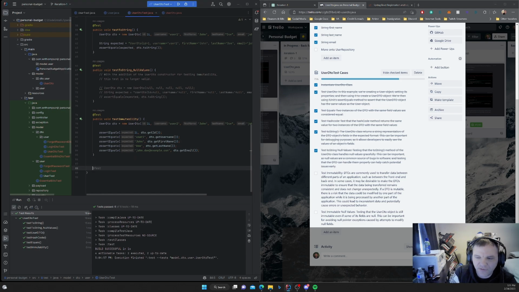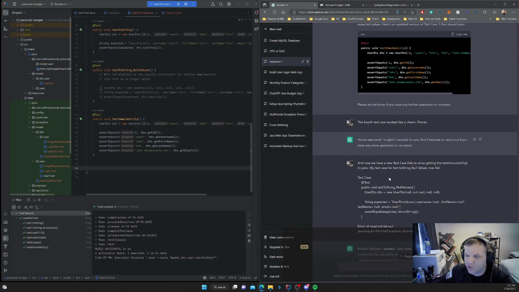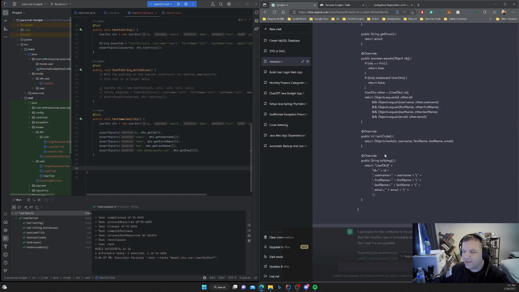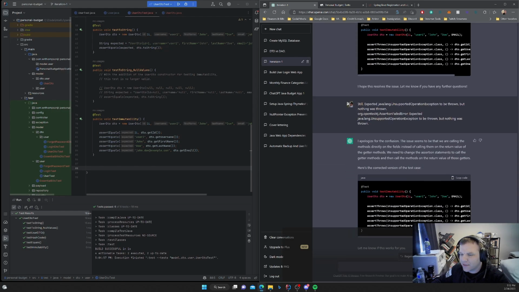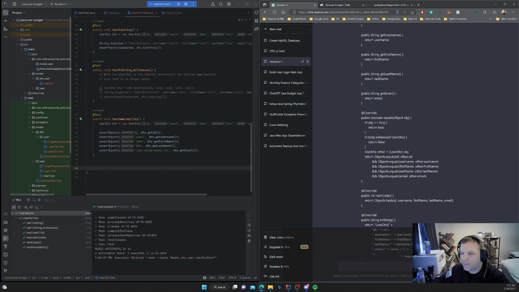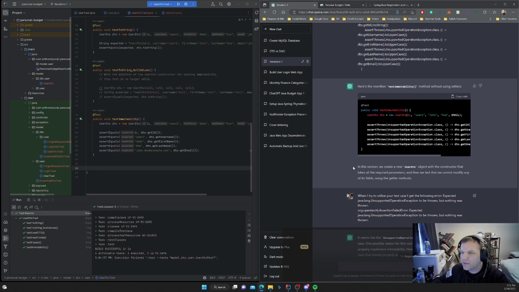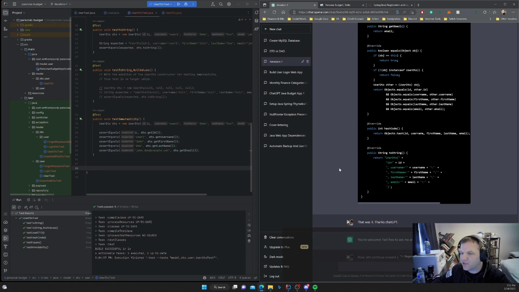So we tested for immutability. Test immutability. So that's done. Now we're going to test for test immutable null values. So let's go to ChatGPT and scroll back up here and see if we can find it. Let's see here. Test immutability null values. Where is it at? It's in one of these. We'll find it eventually.